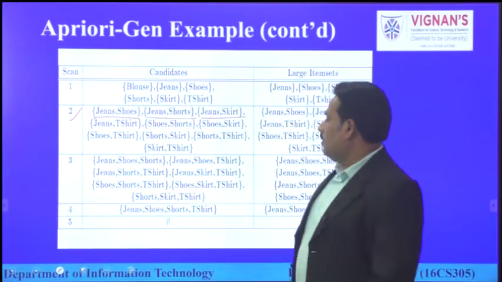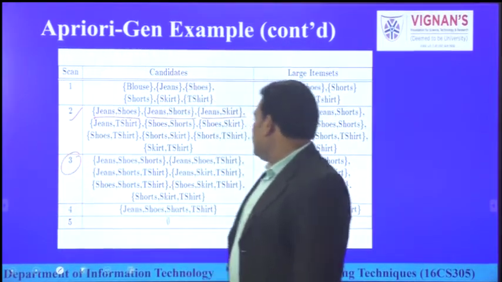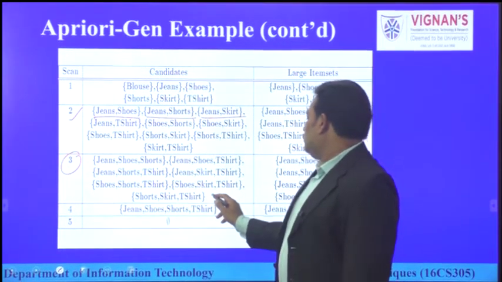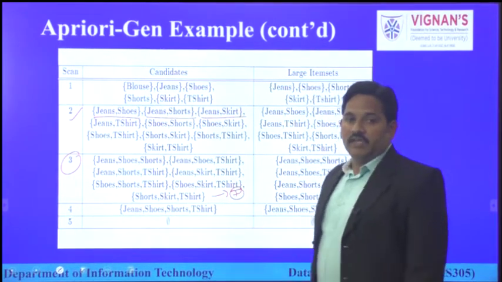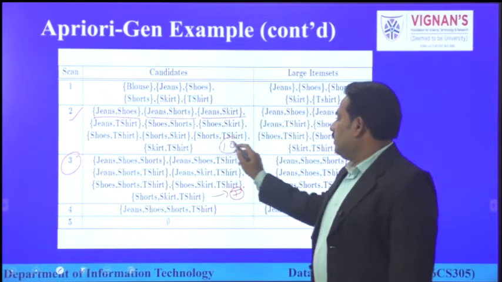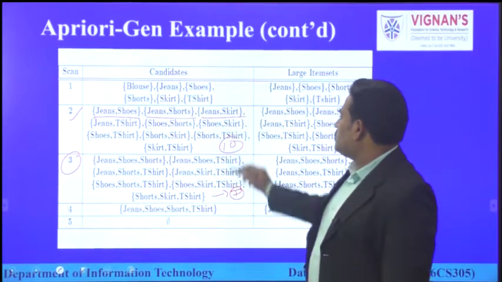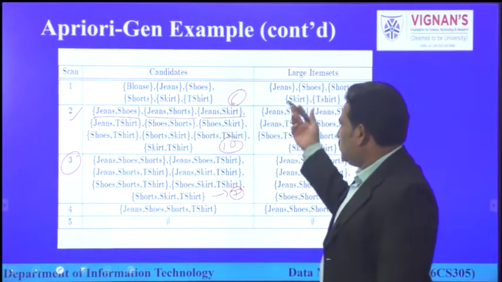And for the 3 item sets, there are 7 available. That means 7 customers purchased 3 item sets, 10 customers purchased 2 item sets, and 6 transactions